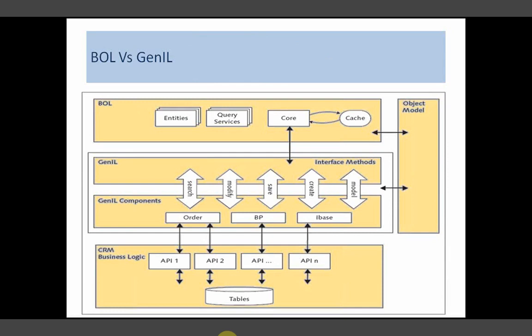So for me here, the beauty lies in the object model. It gets the data, and when BOL requires it, it goes to the object model and fetches the data. That's how beautifully this BOL and GENIL framework has been built.